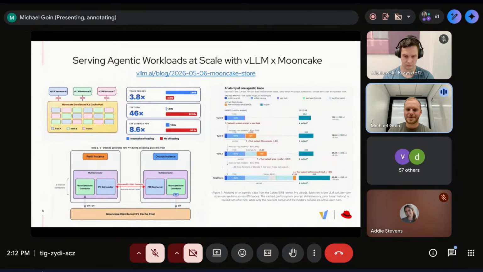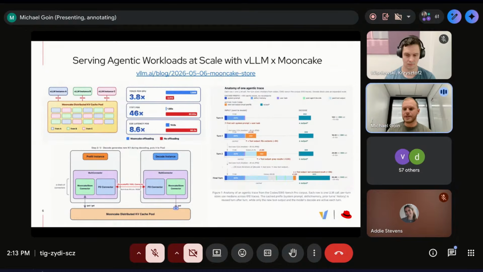As you can tell from here, there are some great GIFs and architecture diagrams for how this is done. Of course, the performance is great to see, but I really like some of these breakdowns into why KV cache management and prefix cache hit rates are so important, in this anatomy of an agentic trace, which steps you through the timescales. It's not just multi-turn conversations happening 1 second after another.